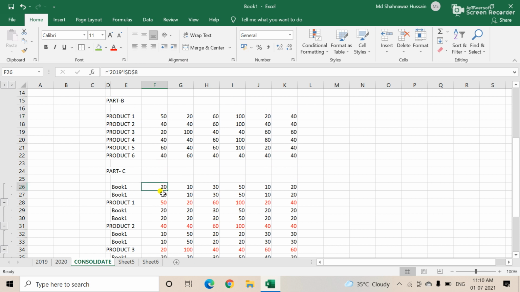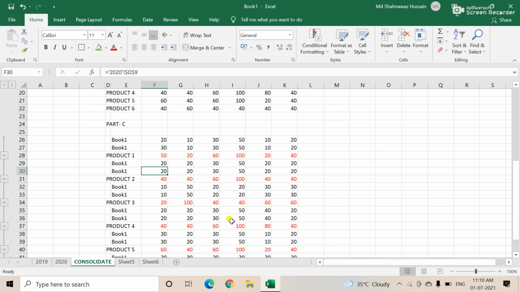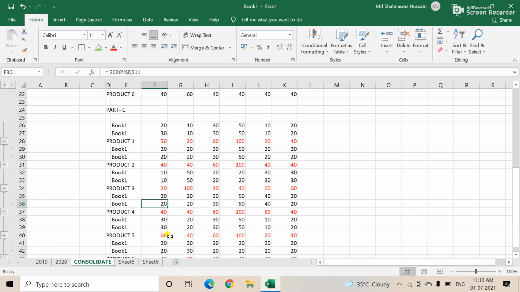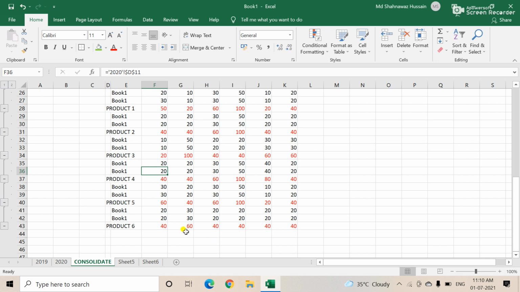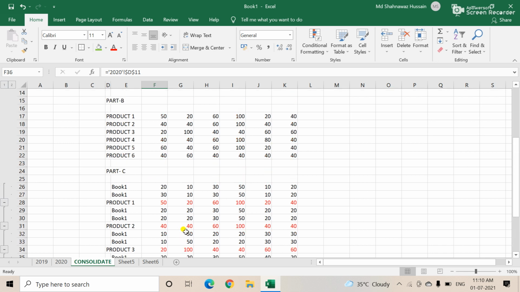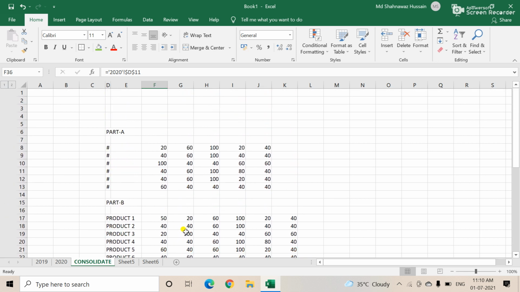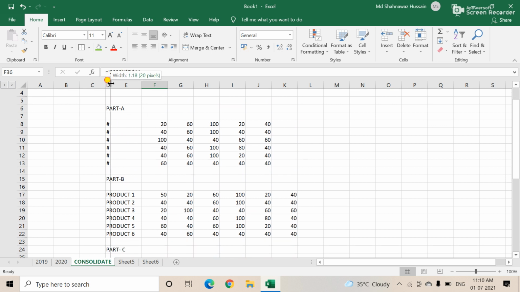See here sheet 1 and sheet 2, together you add, then 50. Next is 40, see here is also 40. How is 40? See, 20 plus 20 is 40. Next you see all the data is there. So I hope you all understood. This is a very important thing, consolidated data.